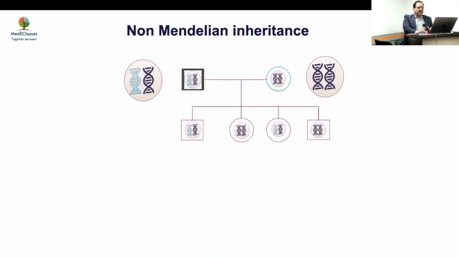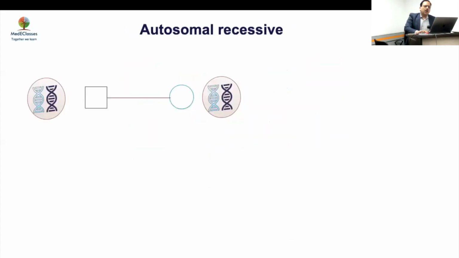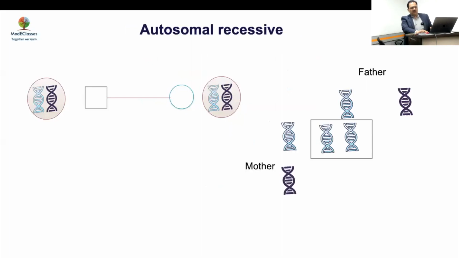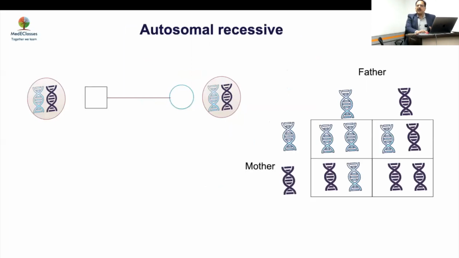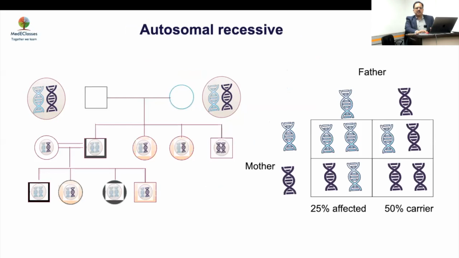So, non-Mendelian inheritance: you see the father is affected. None of this generation is affected. You see the next generation again two affected. So this looks like a recessive, but it is actually a dominant. The issue is basically of penetrance, which becomes important. Now this is autosomal recessive. You know very clearly that 25% will actually be diseased and 50% will be carriers. And this is classical, and usually consanguinity is a common phenomenon, in that parents are unaffected. So if parents are affected,